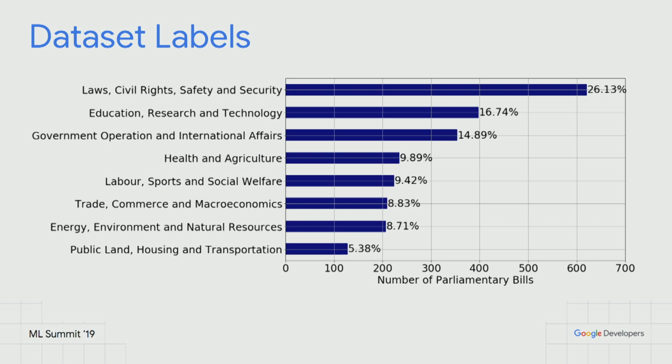So one of the things we saw, we had a bill that wants to clean up the oil spills in the south-south region of Nigeria, for example. And then we thought, is this an environment bill or an energy and petroleum bill? And we noticed it's the two of them. And then we put them together. And so this is the distribution of the different labels that we have. And then we can see that it's actually pretty imbalanced.